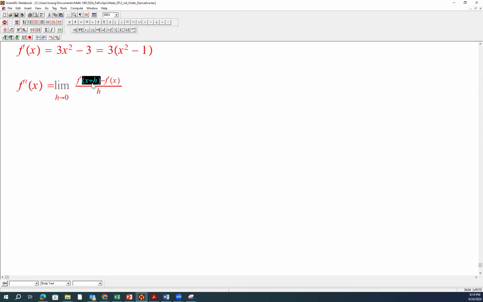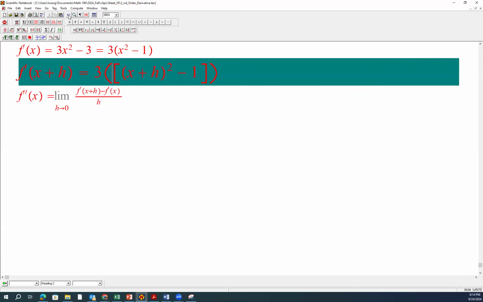Right? So I'm going to do the first order derivative of x plus h, which will be this piece, right? X plus h replaces x. Boom. And for convenience, we can put a bracket just to make it easier for the reader to read,